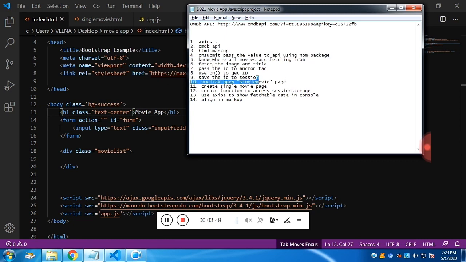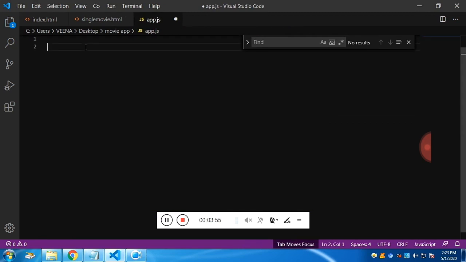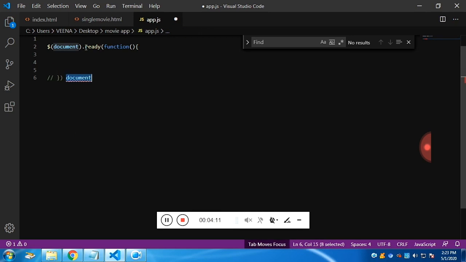Note the form. Here the form has ID form. Once the page loads, we want to run a function, and this function will call the ID form.